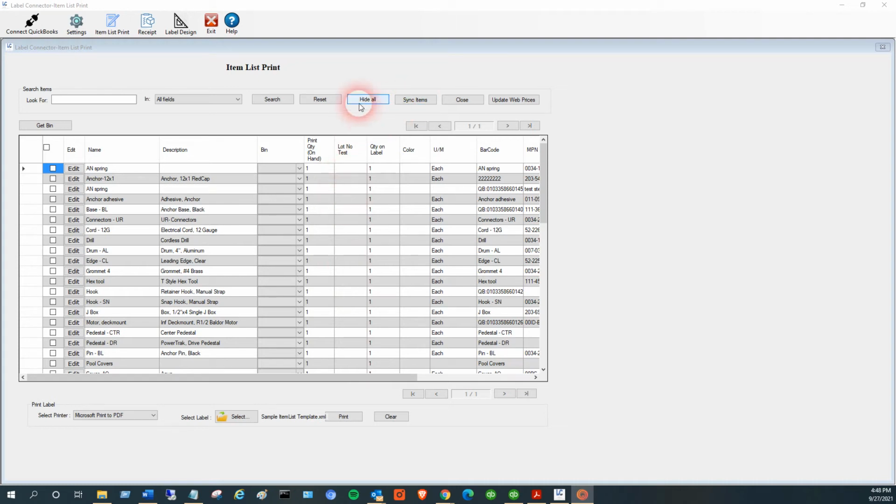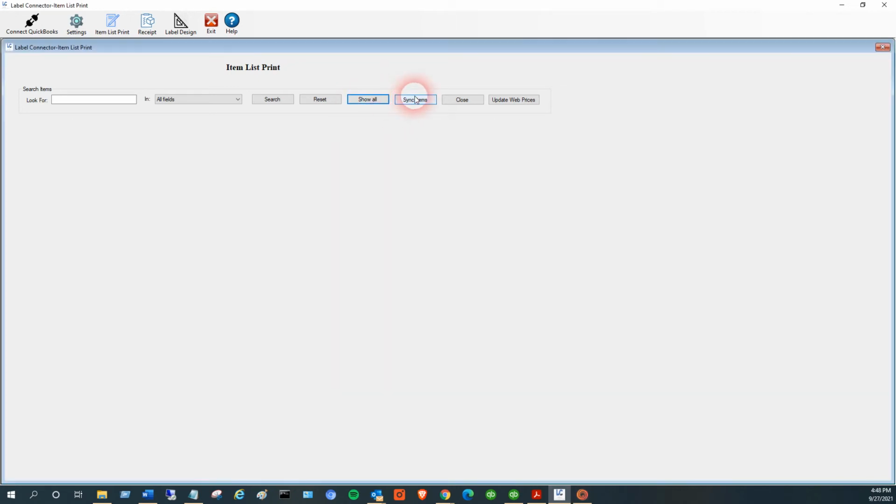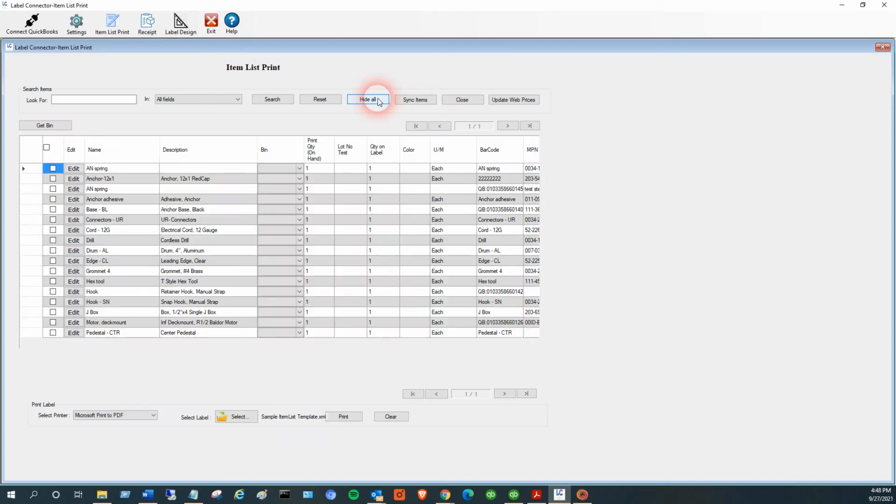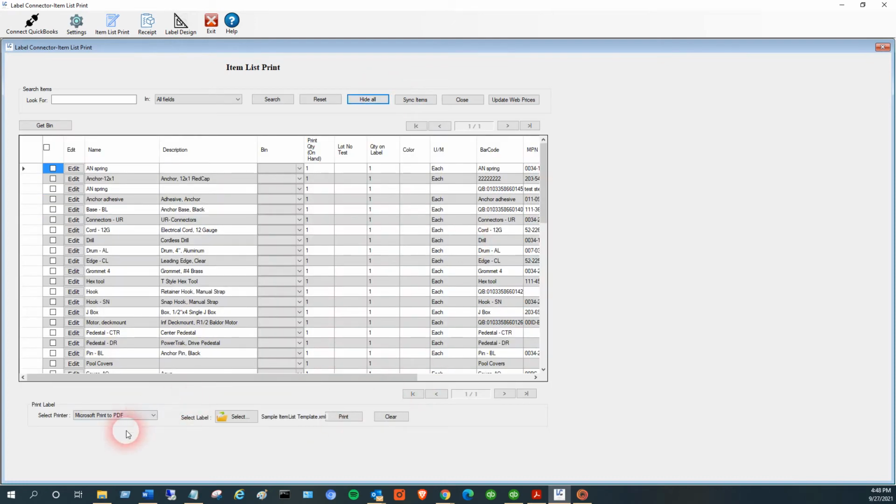So in the previous video I showed you how you can synchronize your items so that they appear in our software for printing, and you can print to your label printer. You can make design templates of any size using any one of a number of different pieces of information. But let's say you're past all that, you got that working, you want to use some other features we've got